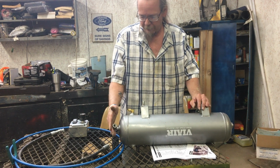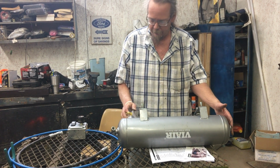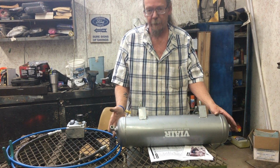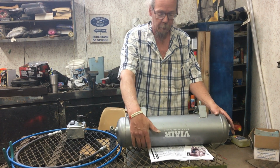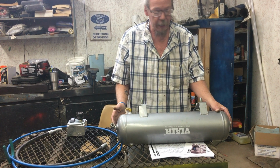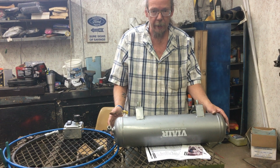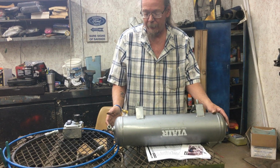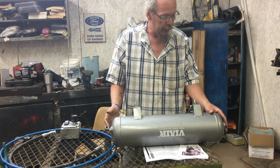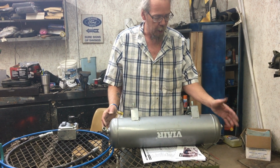Got to set this up for the inlet. This is set up for the outlet. I ended up plugging these two ports on this end and this port on this end, as well as this one down here. One of these is going to have to be replaced with a high pressure pop-off when I get it. When I get it picked up, that's one thing I forgot to grab, but it'll probably be one of these